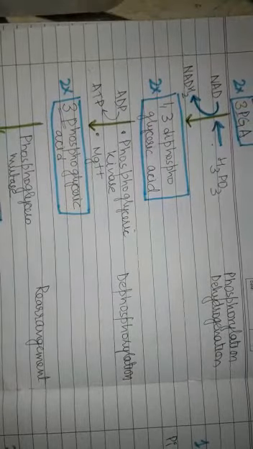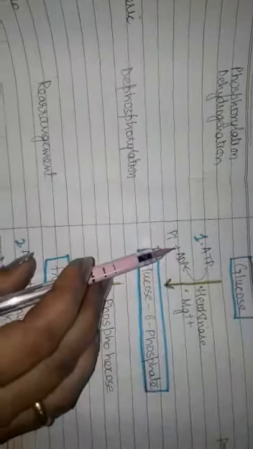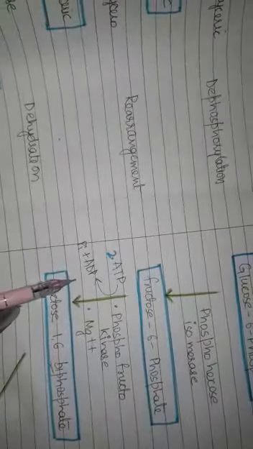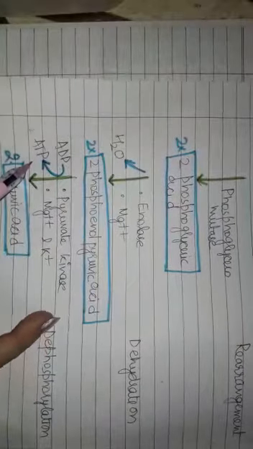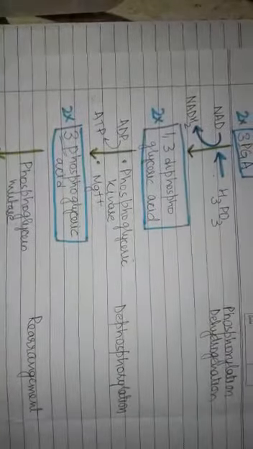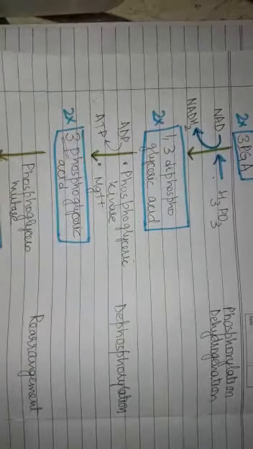In glycolysis, we have seen that one molecule of glucose gets converted into two molecules of pyruvic acid, and during the process, two ATP molecules are utilized, and four ATP molecules are produced. And we have also seen that two molecules of NADH2 are generated, and one